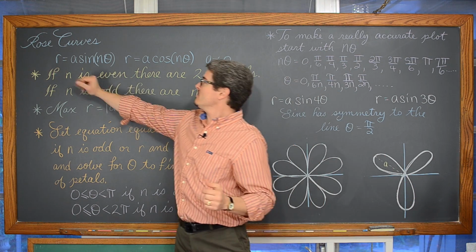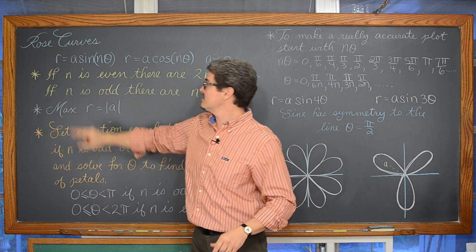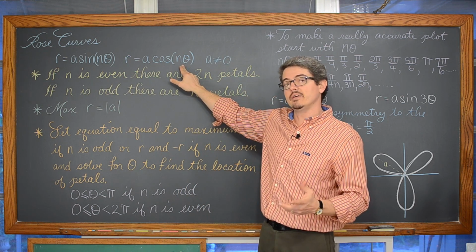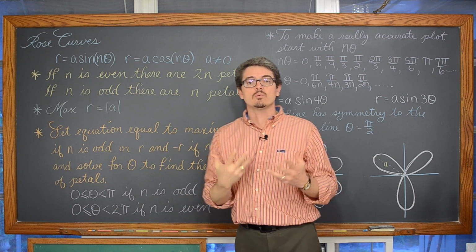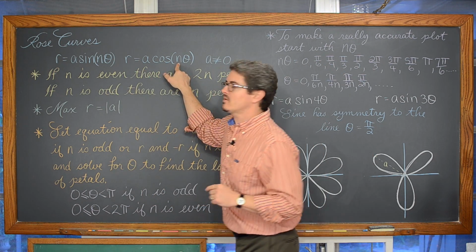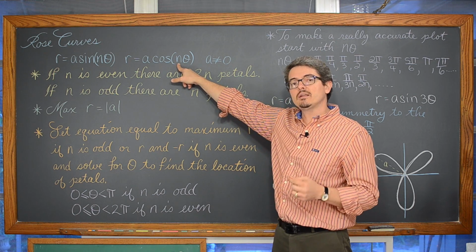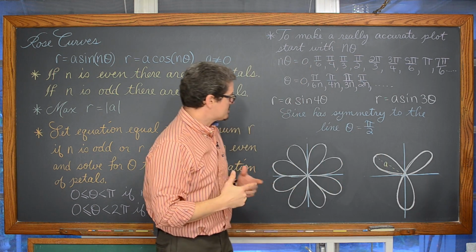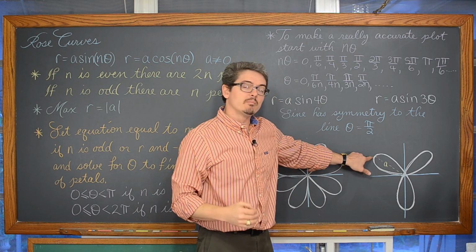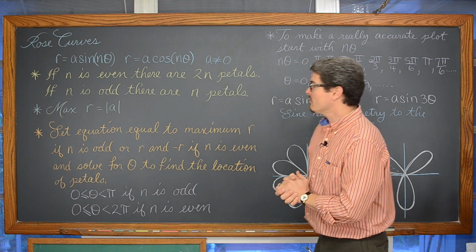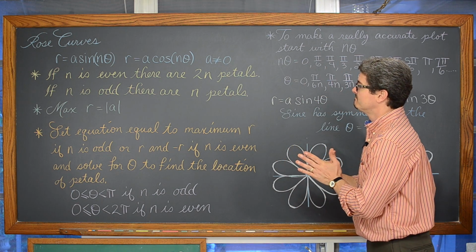So the rose curves, again, r is equal to a sine of n theta, and r is equal to a cosine of n theta. Both the sine and cosine functions make rose curves. And it's the first general form you're looking at where we're able to have a coefficient in front of theta other than just 1. And a cannot equal 0 because a is going to be the overall maximum length of these petals, and if a was 0, you would be just looking at a point, or a rose with petals of 0 length.